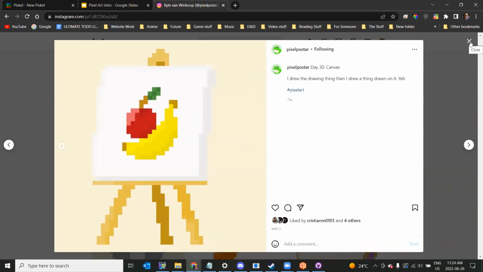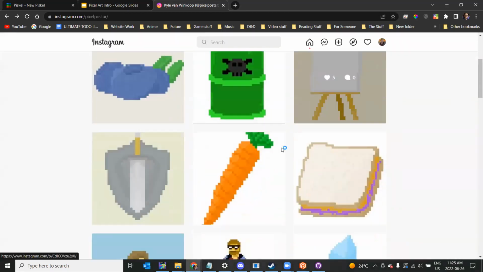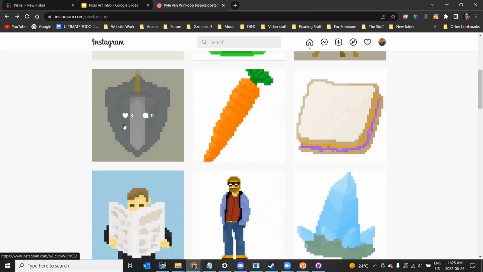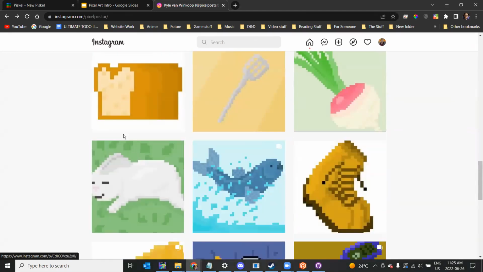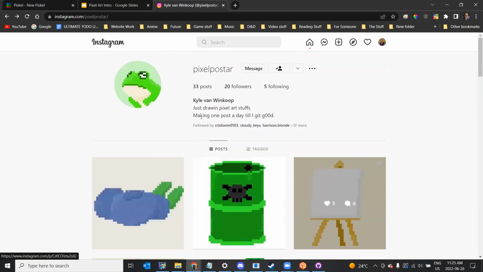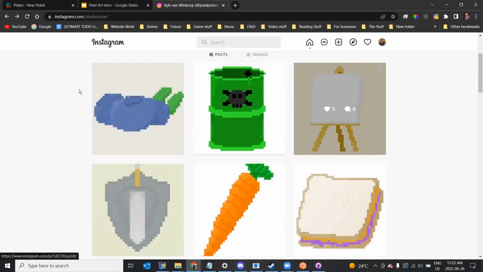One issue with pixel art that I find a lot, which is very unfortunate, is that usually you'll draw it and then once it gets a bit bigger and enlarged, it looks all terrible. There aren't very nice lines between it. That's because of the way that Instagram renders it. It doesn't realize it's pixel art and it just tries to mess it up, which is why Instagram is not always the best for pixel art. But anyway,